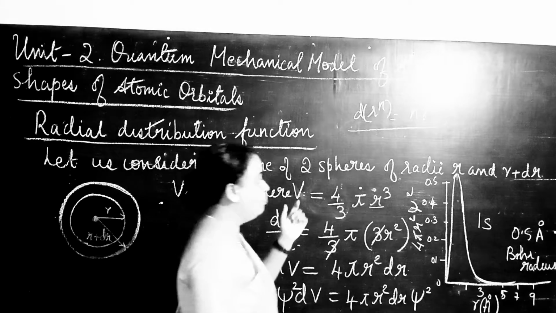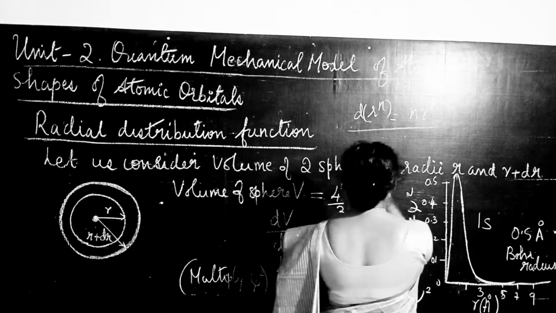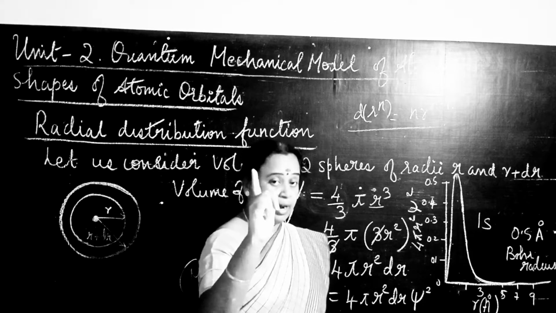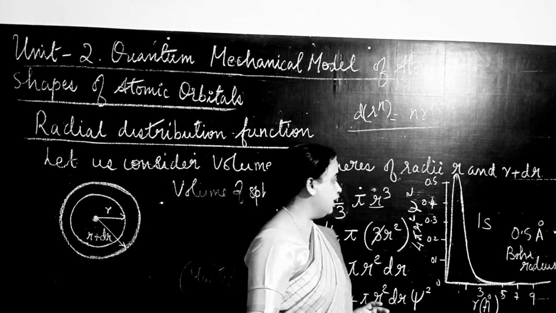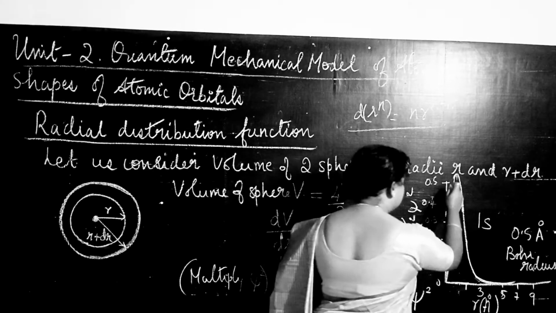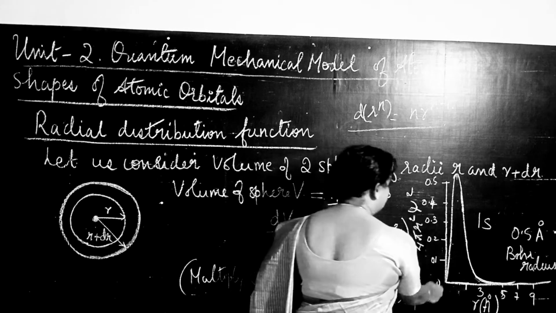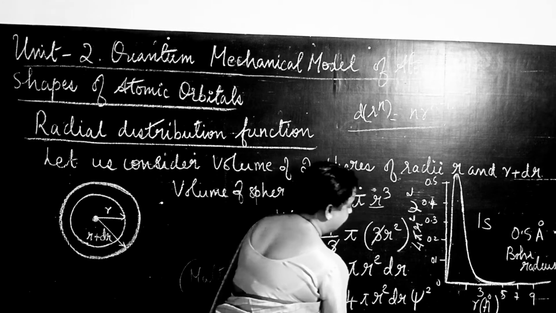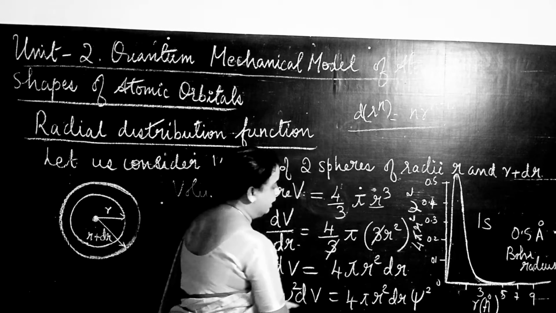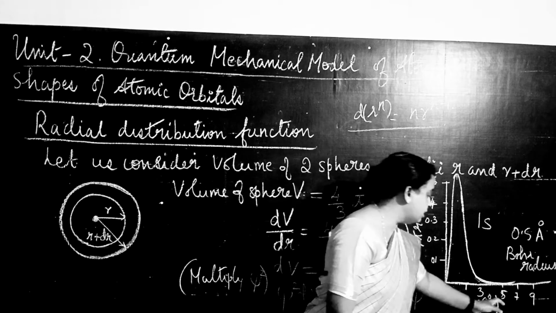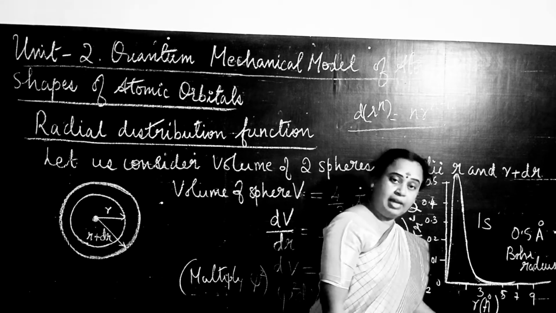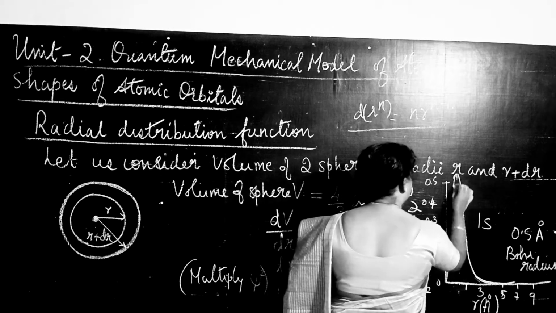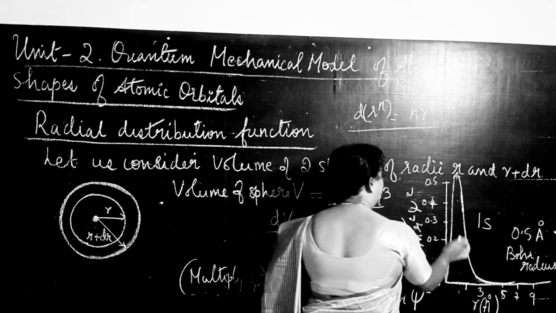Okay, so in the case of Bohr's, that is the hydrogen atom, the 1s orbital of hydrogen atom, we know it is a one electron atom. So in the case of hydrogen atom, the 1s orbital, the graph is represented like this. The y-axis is 4 pi r squared psi squared, and the radius in Angstrom unit you are considering on the x-axis. So while plotting you get a steep curve like this, a bigger curve.